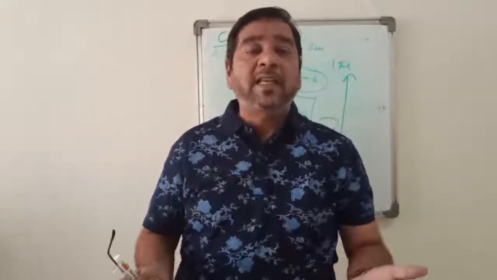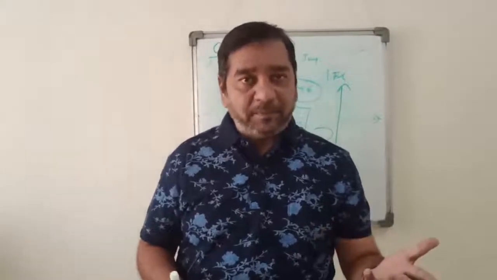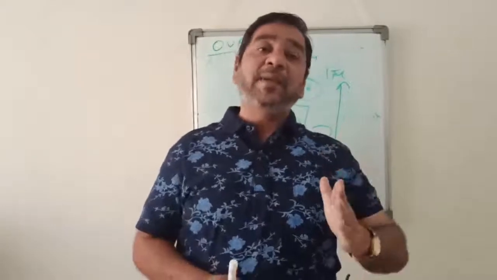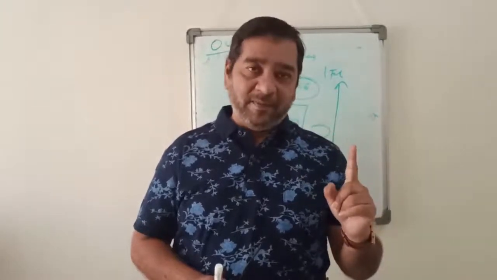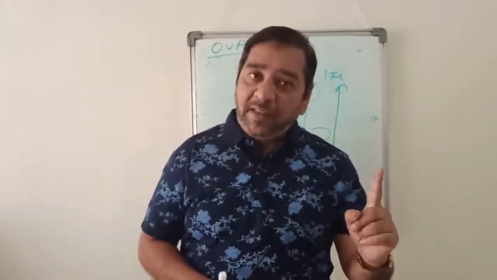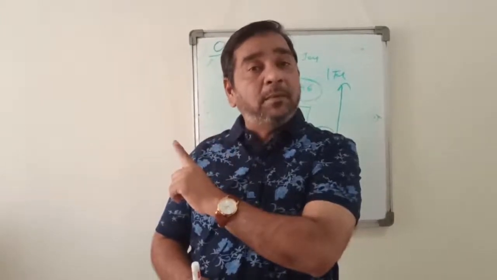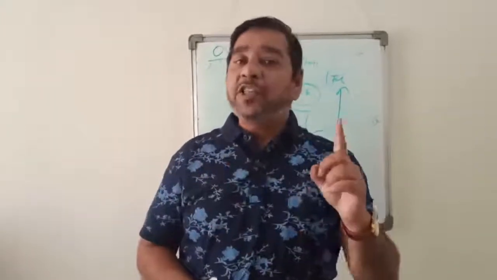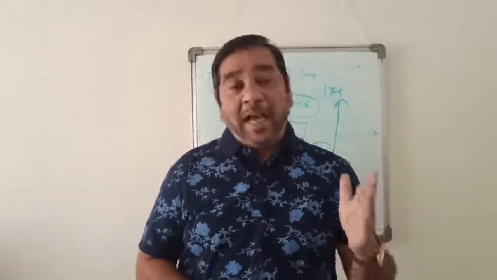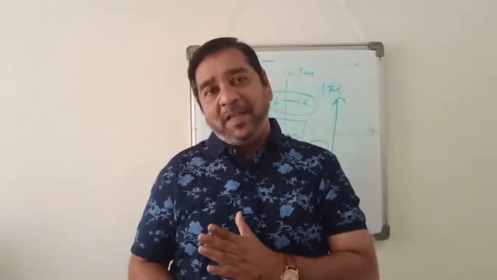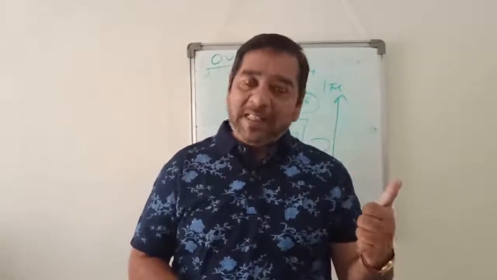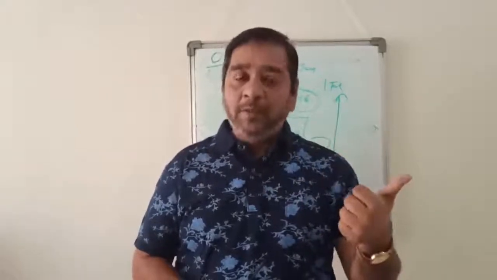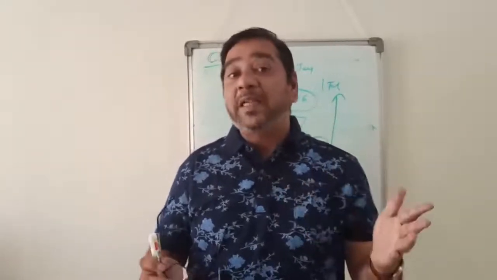Okay, now if the female is say of the age of 38 years, okay, so we take a history. एक छोटा example दे रहा हूँ मैं कि she started her menarche. Menarche is what? The first menstruation of her life. So menarche is the first menstruation of life, and the last menstruation cycle is called menopause. So the first menarche was at the age of 12, and now her age is 38. So she started her menstruation at the age of 12. So 12 साल से लेके 38 years. How many years? So you have 26 years.